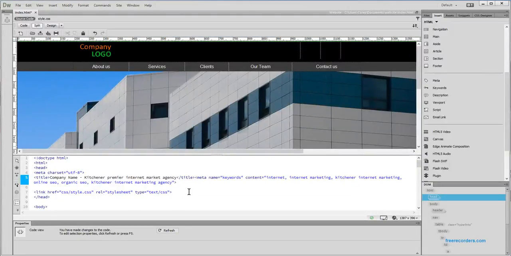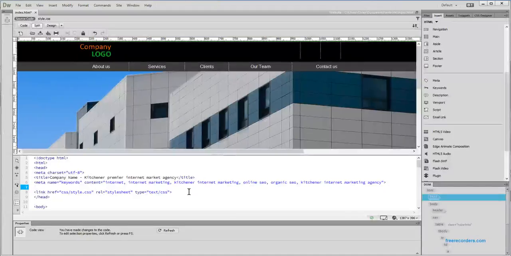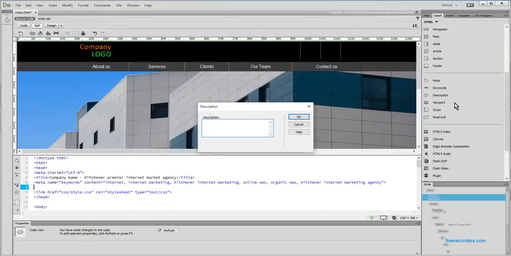Just for coding organization purposes, you might want to just press enter. So you can see now you have your title, your meta name, and now that we have a space on line 7, that's where we will put in the description. So again, on the right hand side of the insert section, select description. A similar prompt will come up as with the keywords, but what we will do here is create a sentence that culminates the keywords, the name, and if we had content on this page, of course, referencing off of that. So it would be something along the lines of, say we started in 2010,